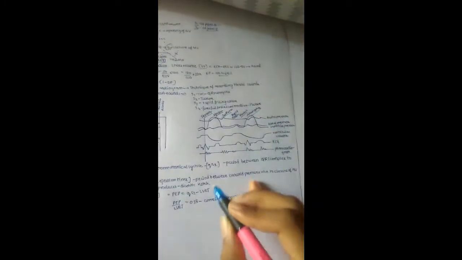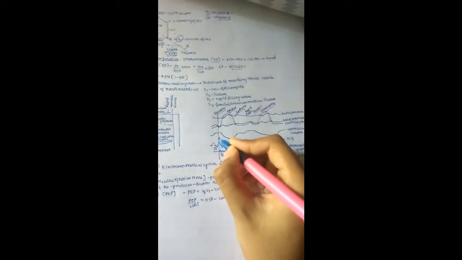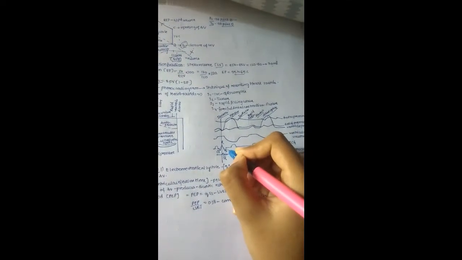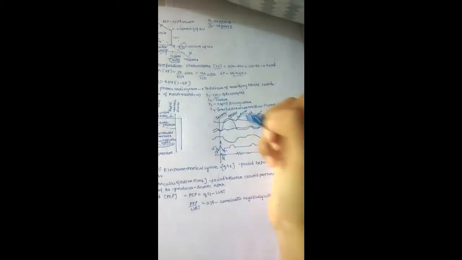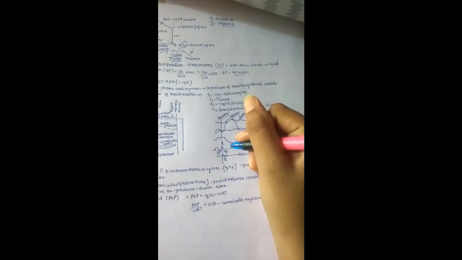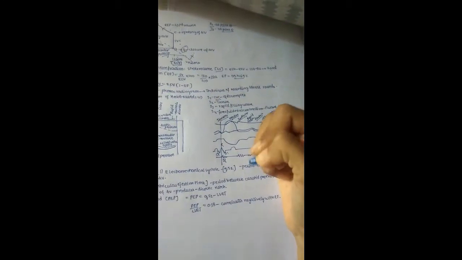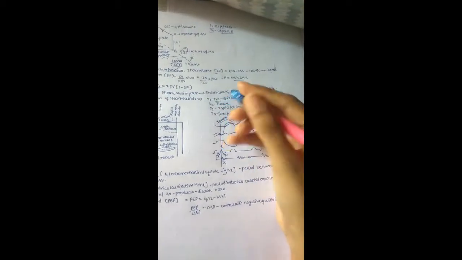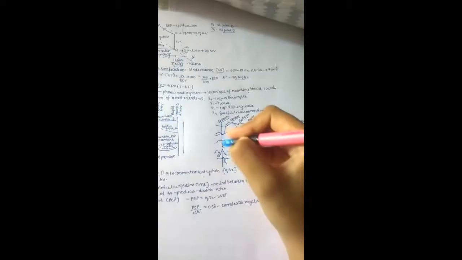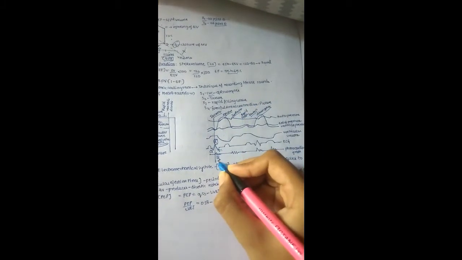So S1, you can see this is the first heart sound. Where is S1 correlating with our ECG? You can see this is a QRS complex, right? So S1 correlates with the QRS complex of the ECG, that is isovolumetric contraction. In isovolumetric contraction, ventricular depolarization takes place. Contraction means depolarization, sorry, not repolarization. During depolarization the QRS complex will form, especially it is related with the R wave. S1, heart sound 1, is related mainly with the R wave.